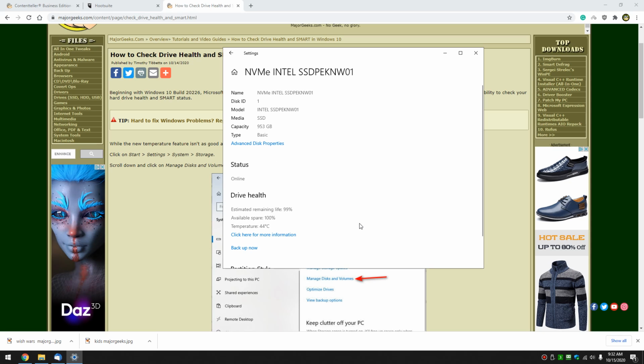And again, just keep in mind, this is hopefully just the start of it from Microsoft. So you have your estimated life, available spare, and your drive temperature. You're going to see higher temperatures with an older traditional hard drive, and estimated remaining life. How accurate this is, I don't know. As most of you know, your drive will typically sit at 100%, 99%, and then one day you wake up